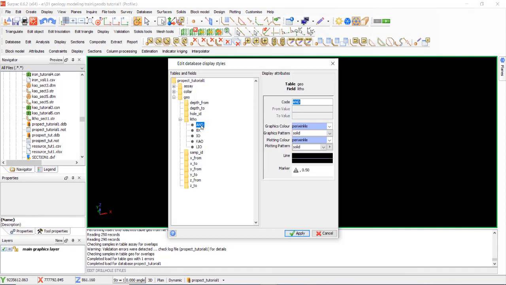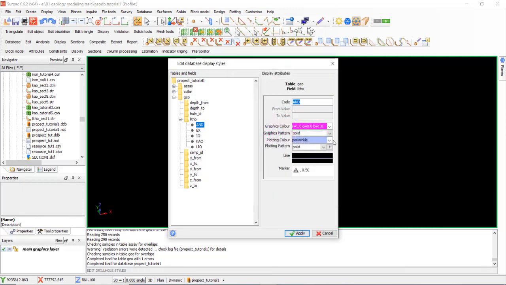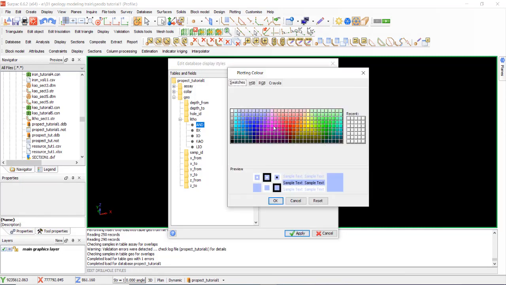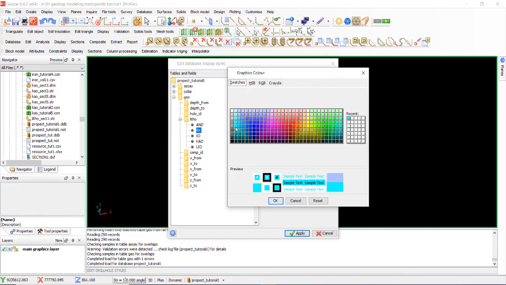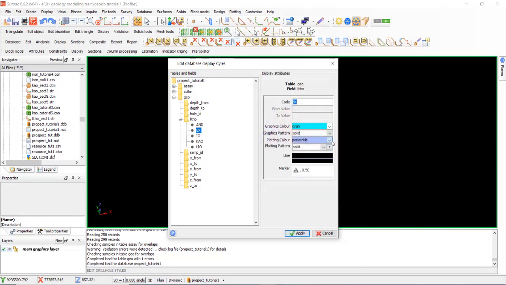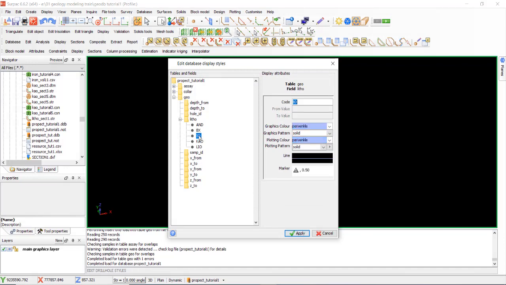Okay, and change that to pink, and that to pink, and breccia to blue, light blue, iron ore to red.